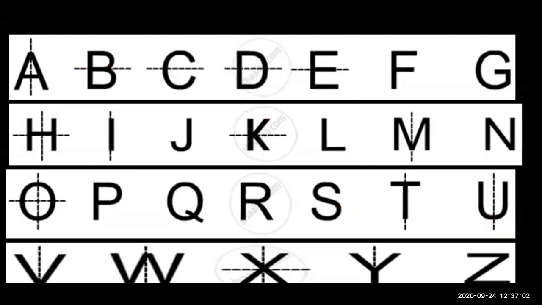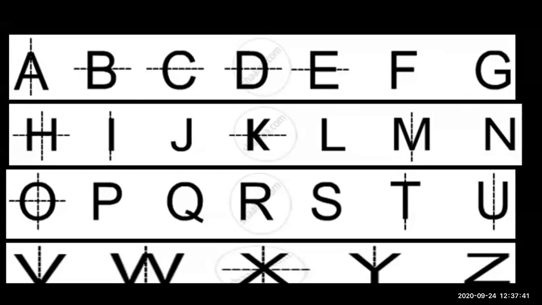All the letters I want from one axis. Very good. I'm not asking about the numbers, letters, write the letters. Very good. Everyone is writing the answers. One axis of symmetry letters are A, B, C, D, E, K, M, T, U, V, W and Y. Very good. Now how many letters are showing two axes?